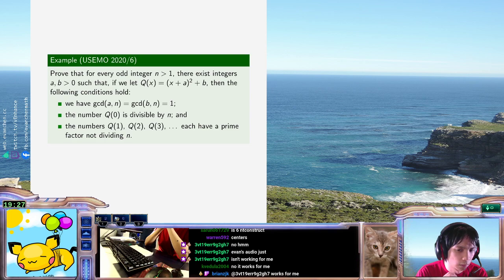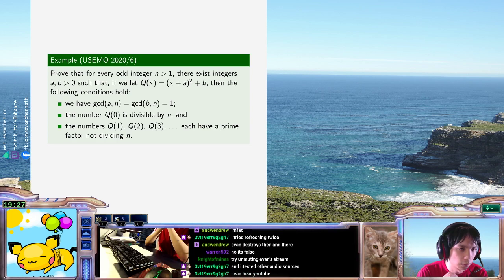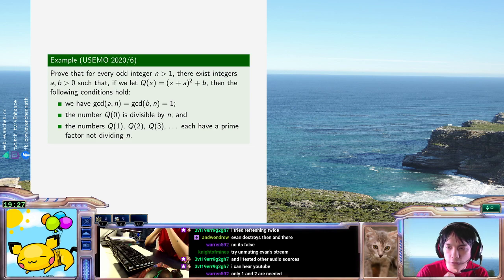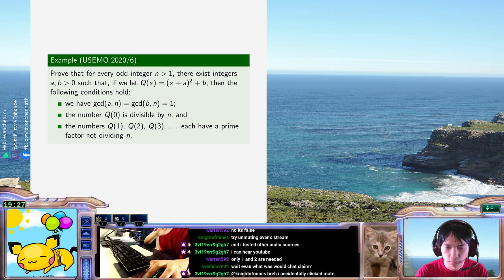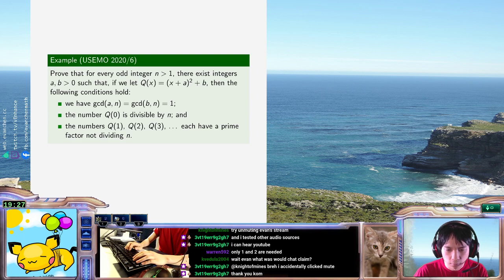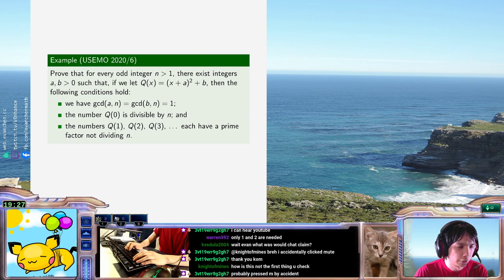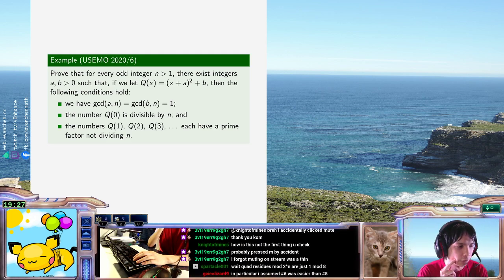Let's see. I believe 17 is a quadratic residue modulo every sufficiently large power of 2. Is that true? I believe 17 should be a QR modulo every power of 2. Chat claimed that modulo large powers of 2, a non-square will eventually not be a square. I believe this is false. I believe that 17 is a quadratic residue modulo every power of 2. Yeah, the quadratic residue condition is exactly 1 mod 8.